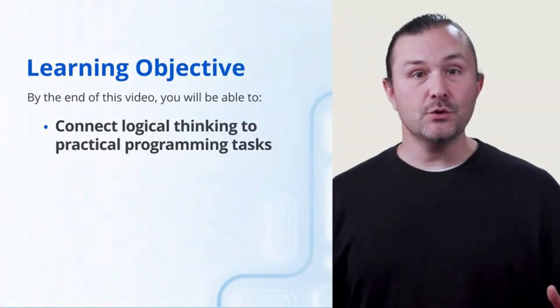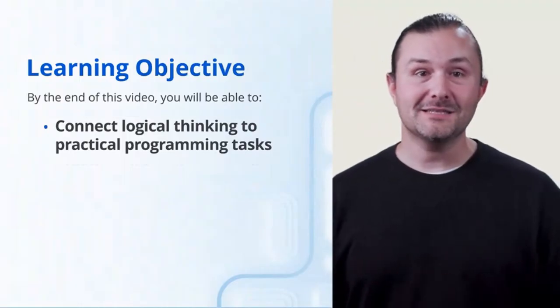picture as you progress. Let's dive deeper into how logical thinking can help you not only solve, but also adapt to the complex challenges of writing and debugging code. In this video, we'll connect logical thinking to practical programming tasks. Recall that logical thinking in programming refers to the process of applying systematic reasoning to define a problem and arrive at a solution. Within the context of programming, developers most frequently use two primary logical thinking skills: deductive reasoning and